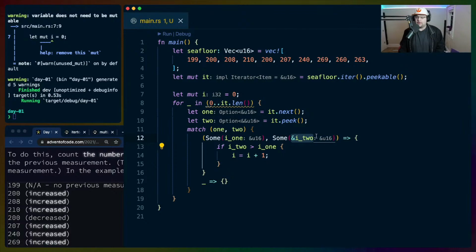If you're not familiar, you can actually destructure references in Rust, which is kind of cool. It does lead to copying, so keep that in mind, but it's usually not a problem, and it's definitely not a problem for primitives like u16.